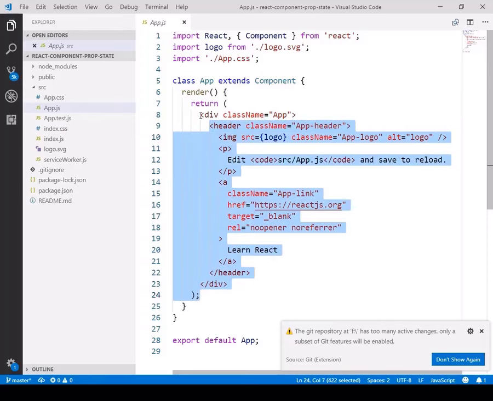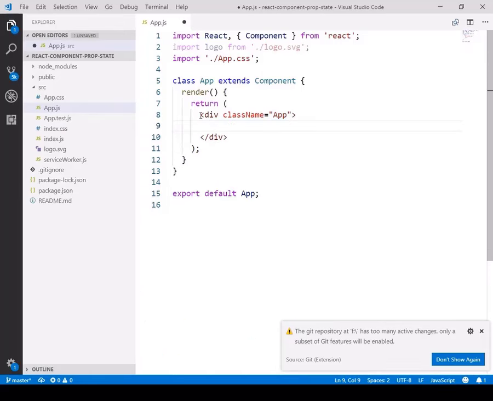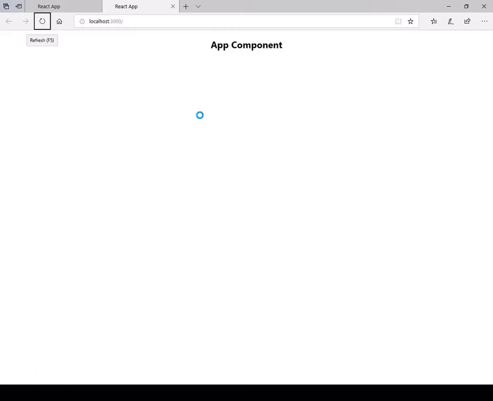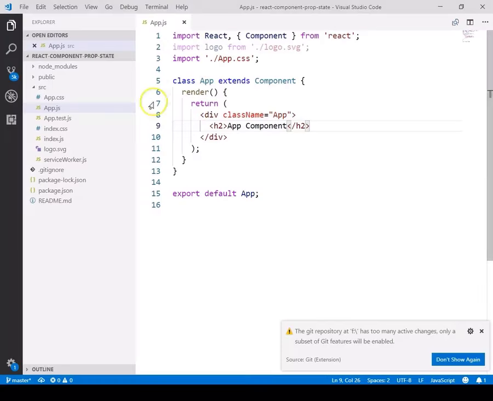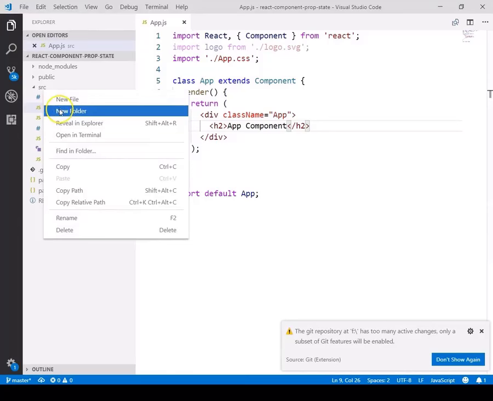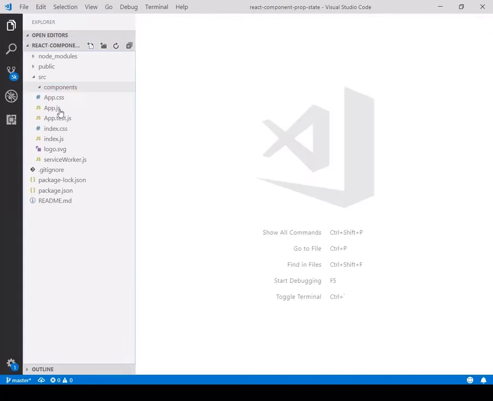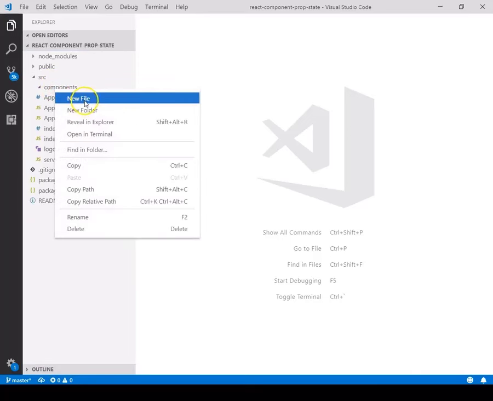I just wanted to replace this pre-written header, and I would simply like to write in H2 "App component". When I check my output, I simply get this. Afterwards, if you wish to create your own component, it is suggested that you create one separate folder under this SRC and name that folder components. As I discussed, whatever you write inside the SRC will only be compiled by the compiler. So just go inside the components folder and add a new file,